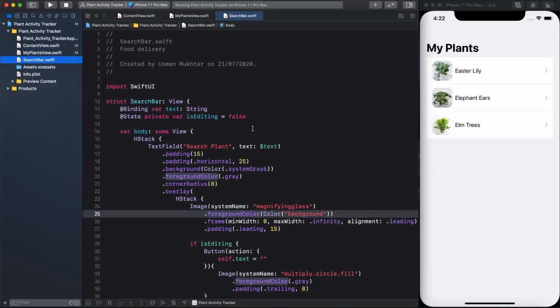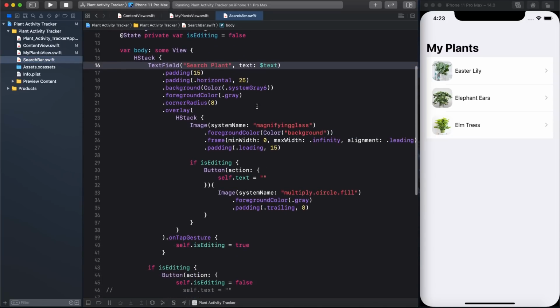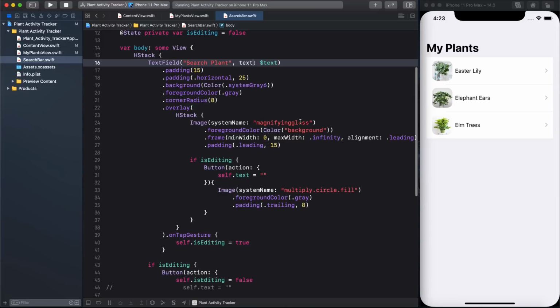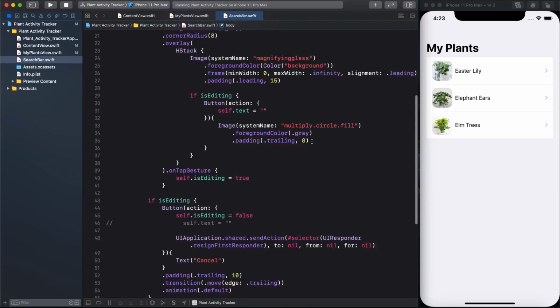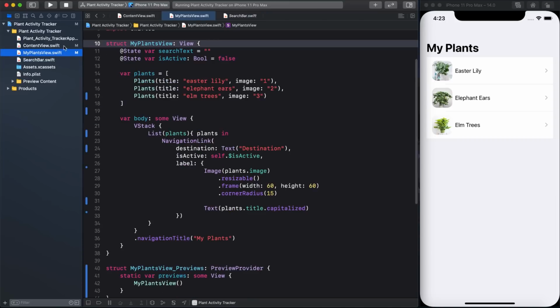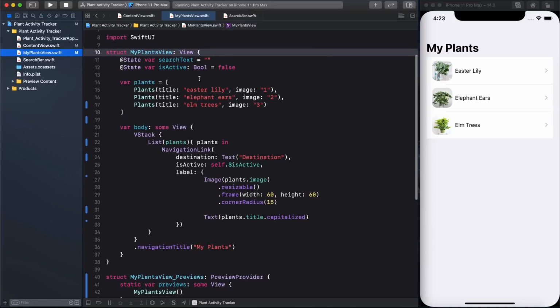Now, I have shown you multiple times in my previous video how to create a search bar, and I have done nothing new to it except for changing the name of the text field and changing the color. So I just copy and pasted the same code, and you can find it in my previous video. I will link it in the description or in the card somewhere. So let's go back to our My Plants view,